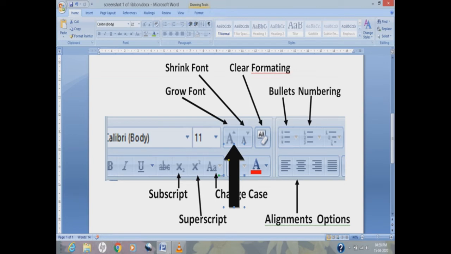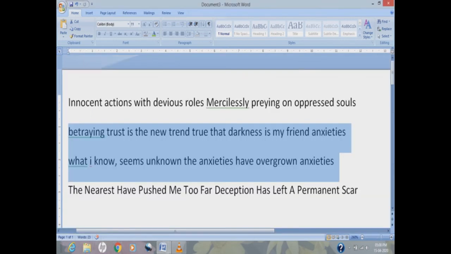Whatever the size may be, it relatively increases the size of the text. And shrink font decreases the size of the selected text. Clear formatting actually clears all the formatting. So let's see it practically.